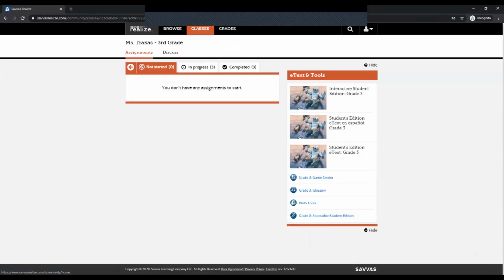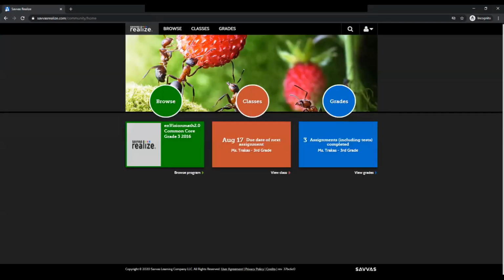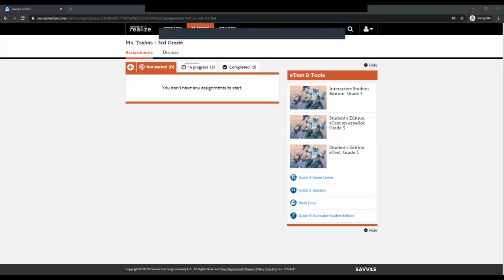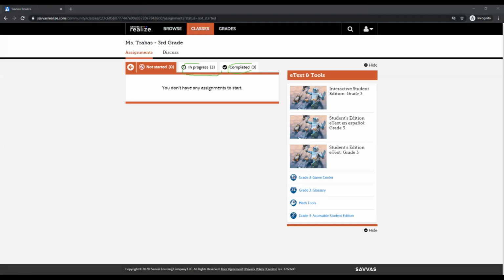And so when they log in, now, teachers have the ability to change this to a primary version. So if your child does not see this, please do not panic, but this is the default page. And so once here, the child could choose classes, and all their assignments will again be right on this page. Right. And so if you could see, like I have 3 in progress and I've got 3 completed and nothing